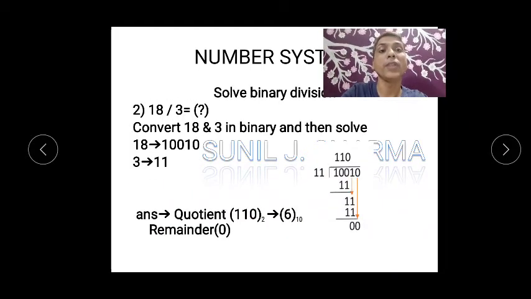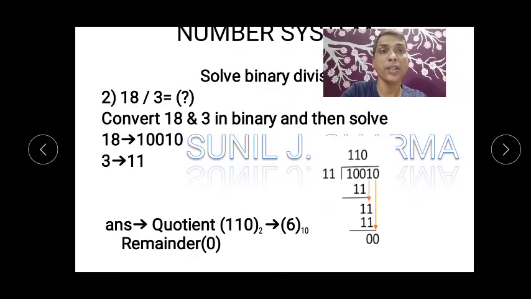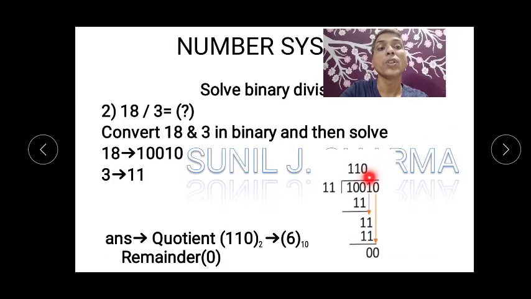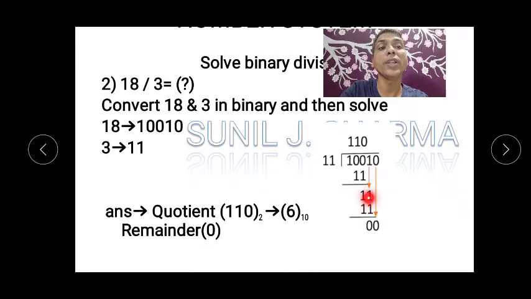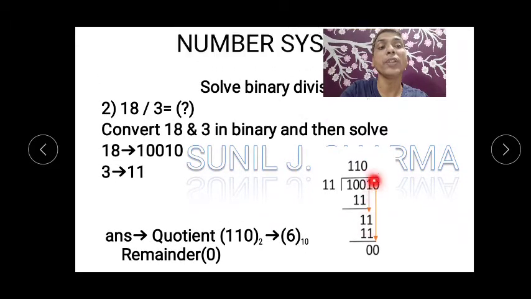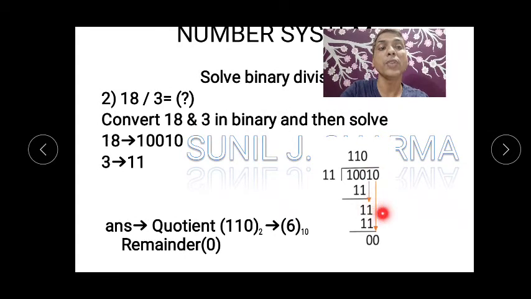Okay, again I have taken one more example. In whatever examples I have taken, there is no remainder here, but in some cases you will also find a remainder. Suppose 18 divided by 3. So everyone knows the answer is 6, but can you see 3 and this is 18. So since we take 2 digits, that becomes 2, so we have to take 3 digits. So when we take 3 digits, this becomes 4 and this is 3. So 4 minus 3, the remainder is 1. Okay, then they have already taken this 1 here. Now this becomes 3.